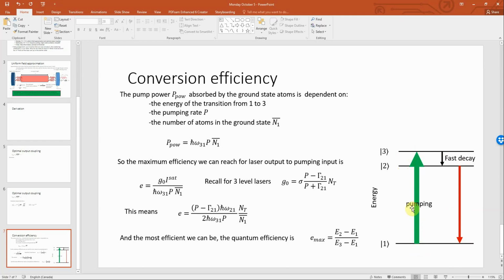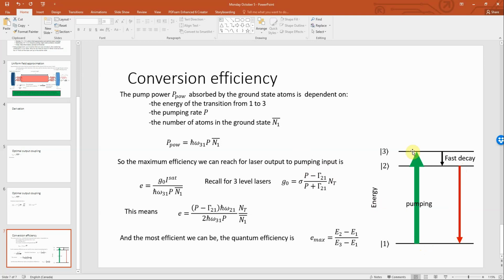So these colors actually kind of make sense. We pump at green, so we pump with a certain energy, and then what the laser actually gives out is something of lower energy. So the pump power that is going to be absorbed by the ground state atoms is going to depend on